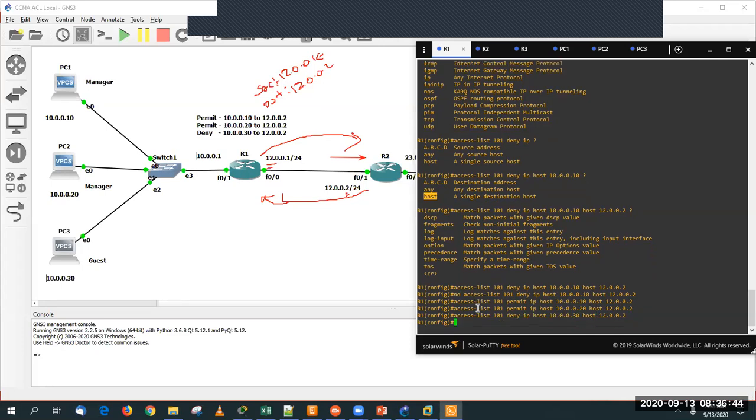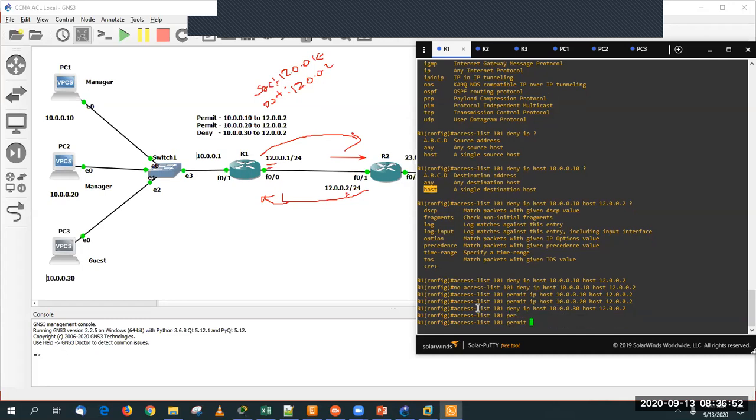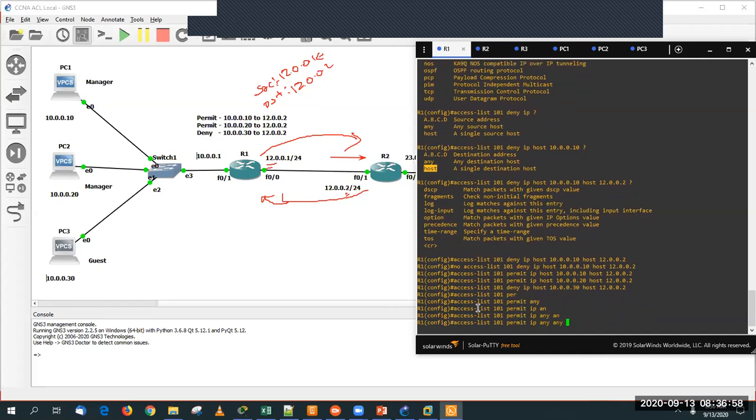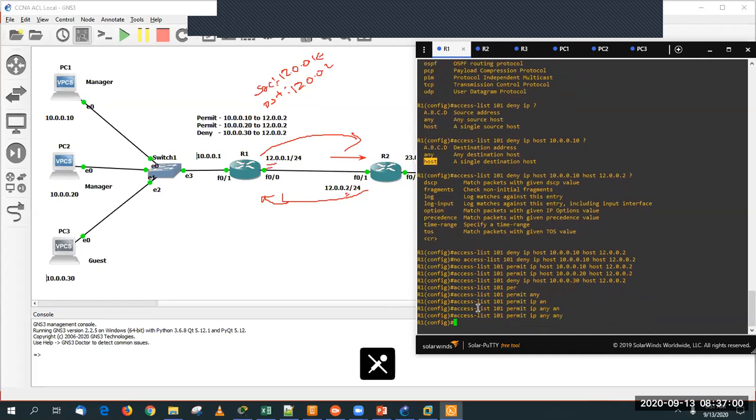That's it. And you can permit everything else. So there is an implicit deny there. That's why I'm just using permit IP any. So I'm permitting the rest. Of course, I don't have anything else in my lab network. In a real-time environment, you'll be having some other IPs also, right?